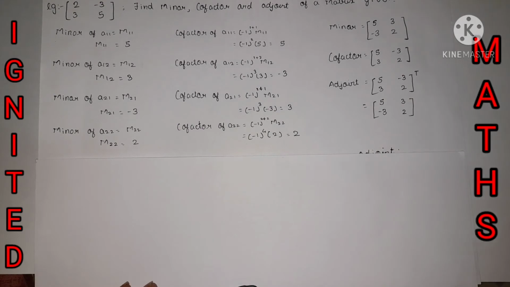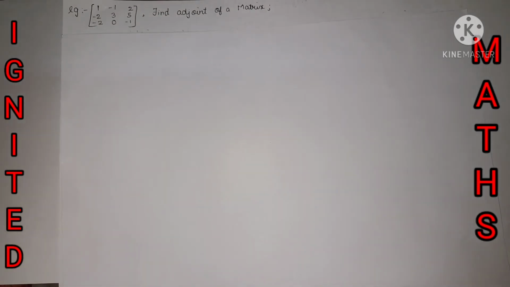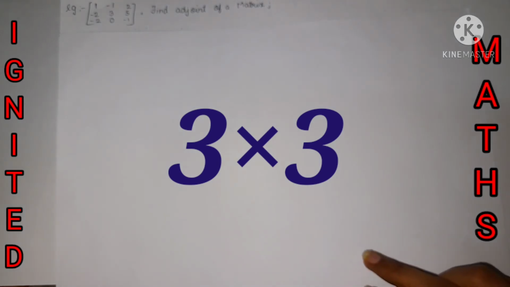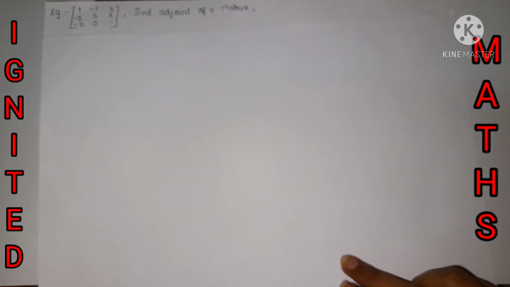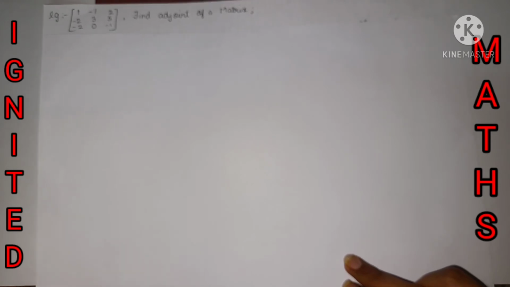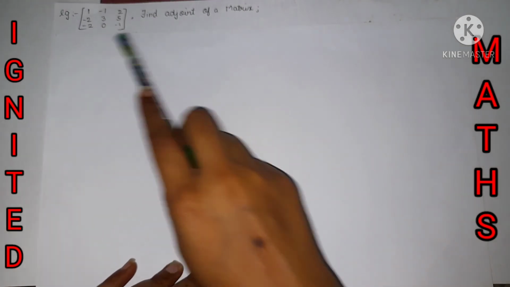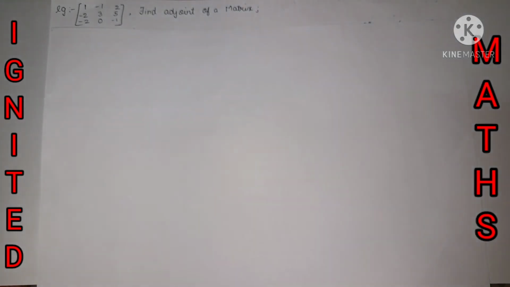Now let's move to the 3 cross 3 matrix. The thing that we need to inform over here is that the rule is absolutely the same for every element. For minor elements, whatever procedure we have done is absolutely the same. The only difference is that the 2 cross 2 matrix becomes a 3 cross 3 matrix, because it contains 3 rows and 3 columns. Rest all the procedure is the same. And for finding the cofactor and adjoint also, the formula is the same for a 3 cross 3 matrix.